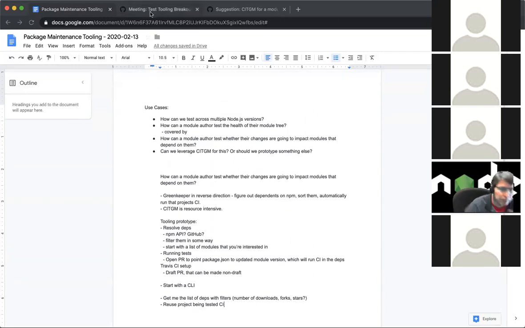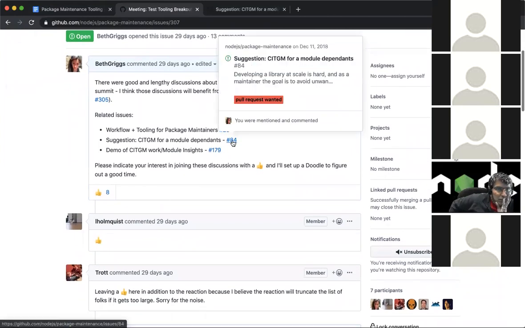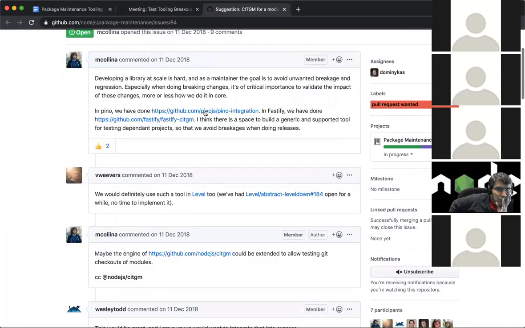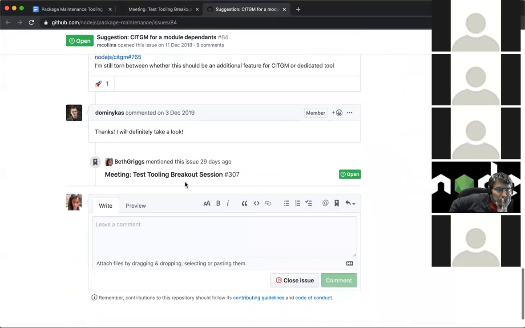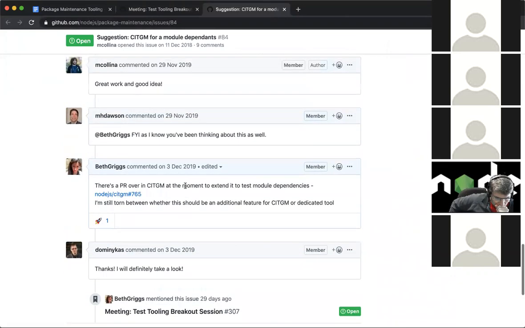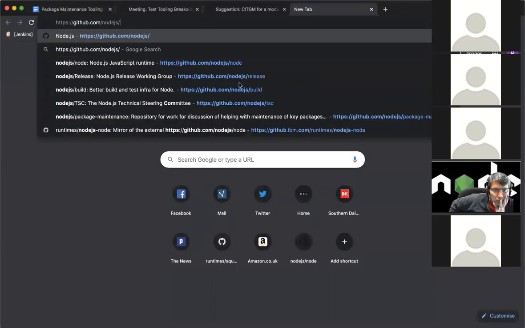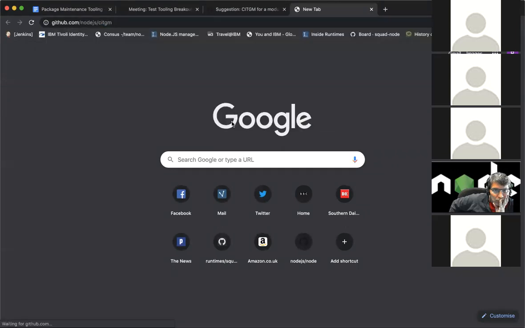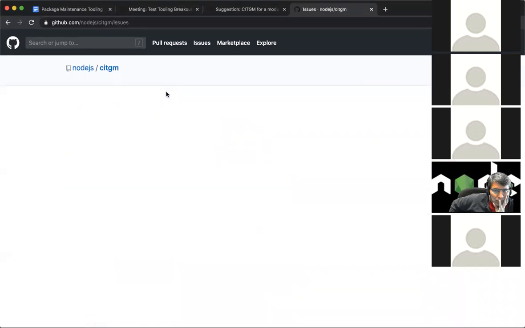Okay, I think that kind of answers it, because I know Andrew was on the call. He built a tool that would test the dependencies, so the health of the tree above. It would do an npm install and then run each of the modules' test suites that are currently installed. It doesn't sound like that's the way we want to go forward. It sounds like we want to do it the other way, where the parent module is trying to work out the impact of their changes. So there was a PR